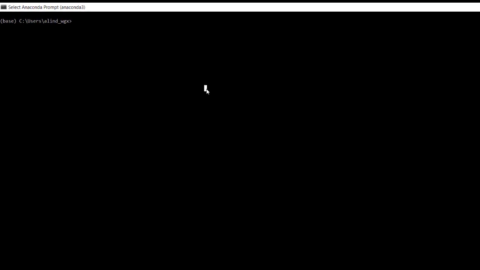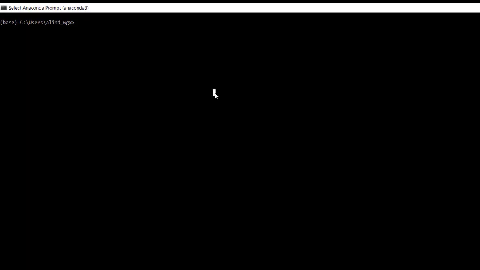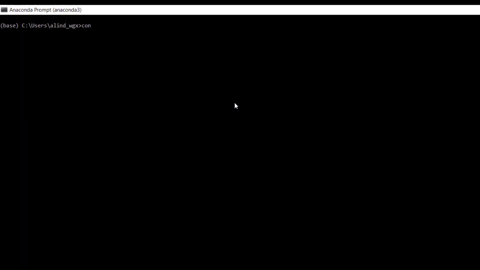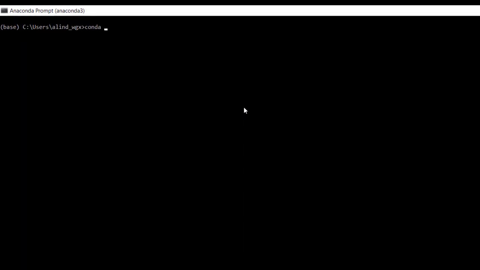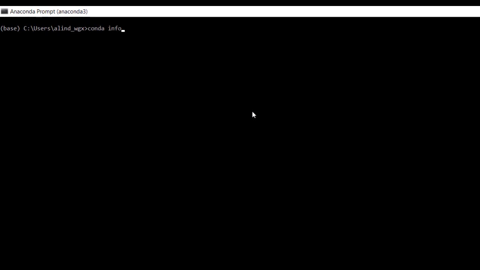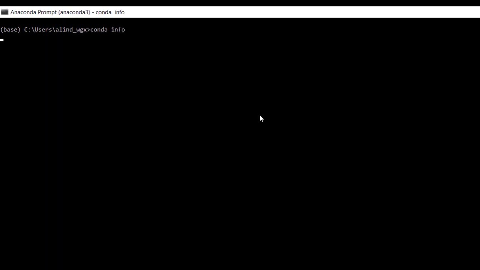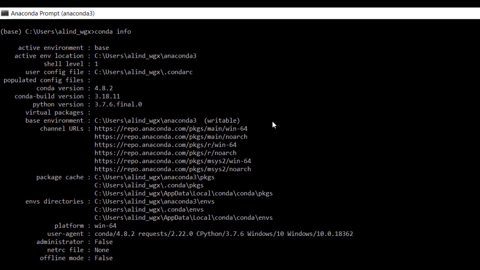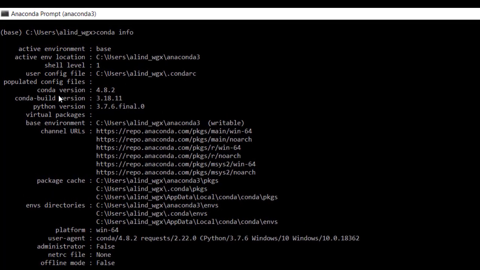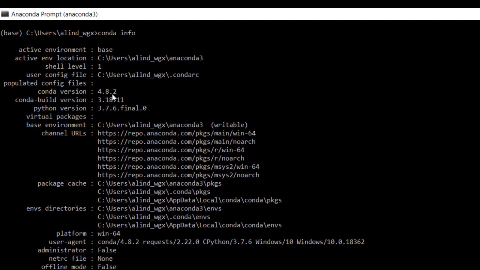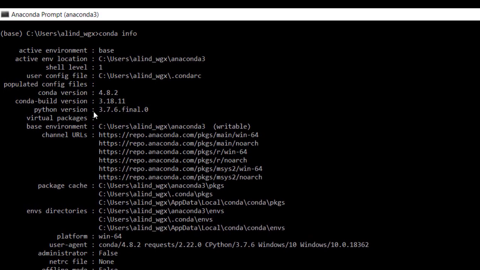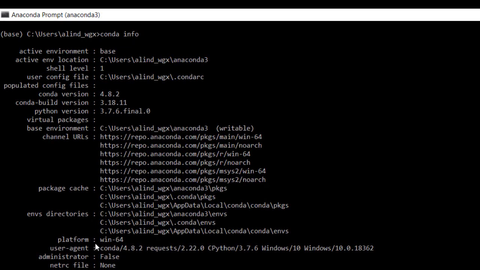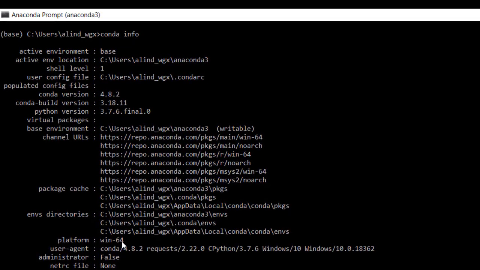Now to check the Anaconda version, we give the command conda info. It will give you the conda version as 4.8.2 with Python version 3.7.6. The platform it has been installed on is Windows 64-bit.